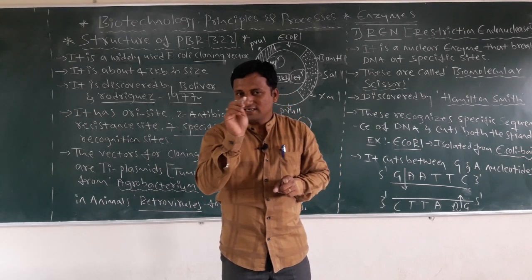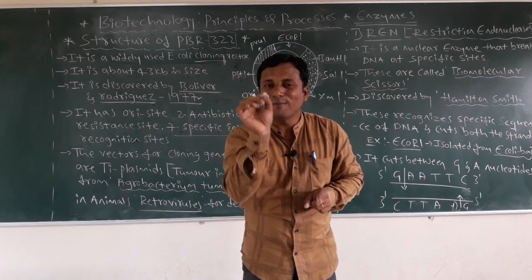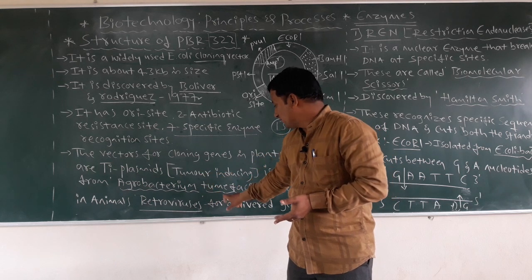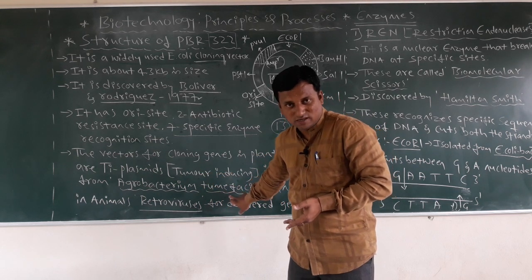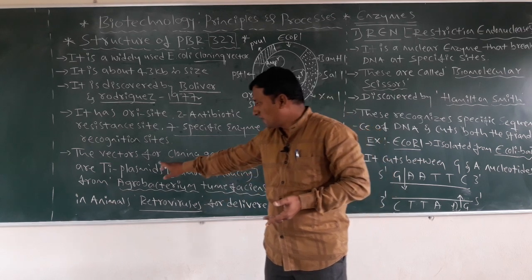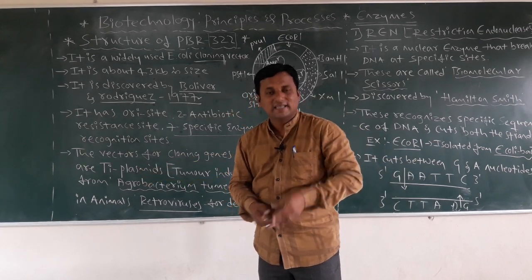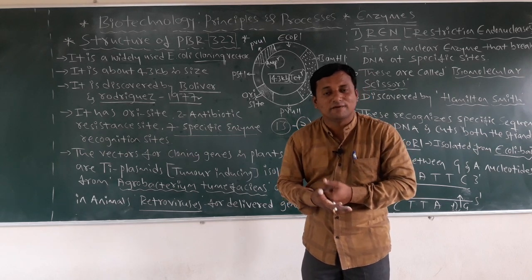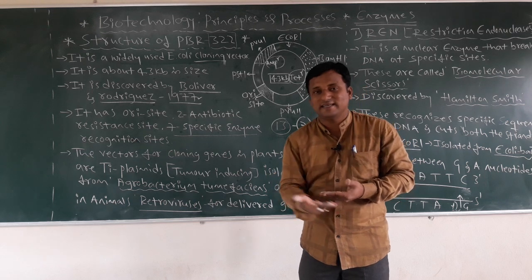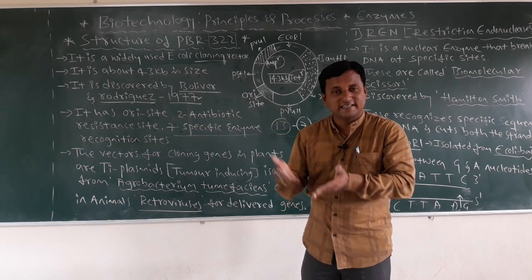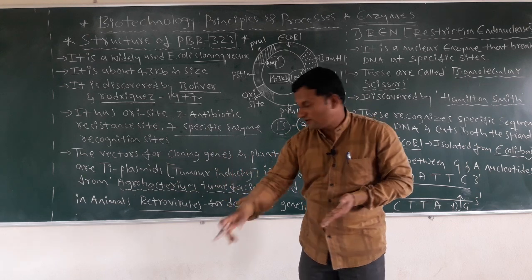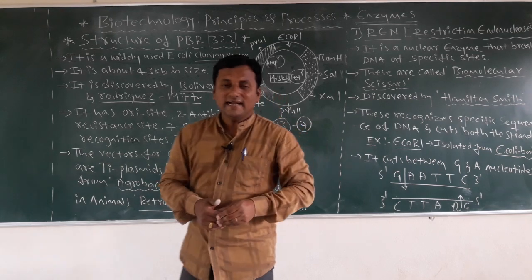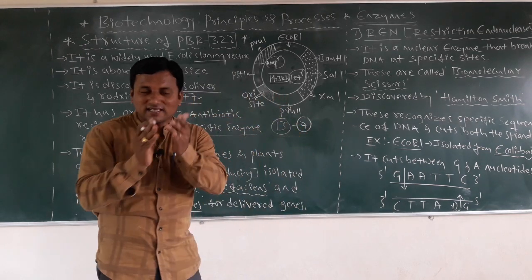Dear students, this is very important for you at the competitive level. They have already asked about Agrobacterium tumefaciens. What is this word? They are using one vector. What is the TI plasmid? The TI plasmid is nothing but a tumor inducing plasmid. From which bacteria is it isolated? Where is it used? It is used in plants. It is isolated from Agrobacterium tumefaciens. This is in plants. And in animals, they use a type of virus.